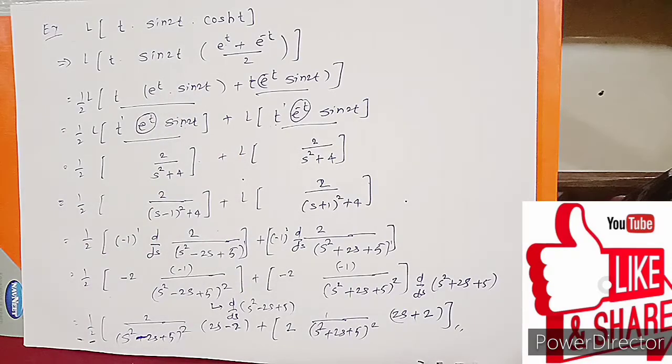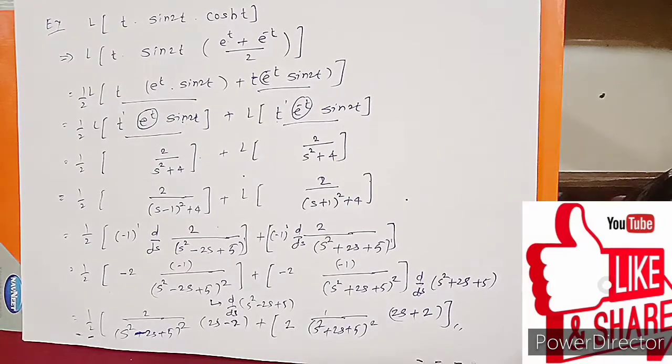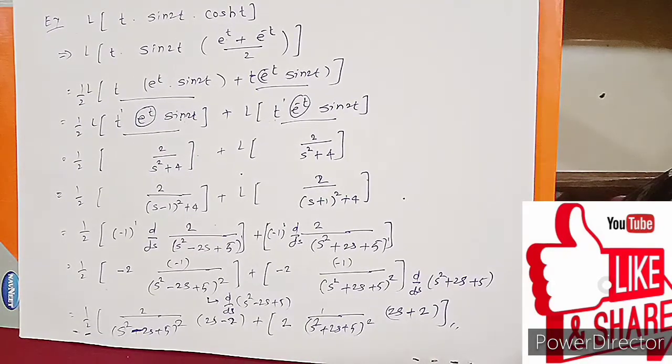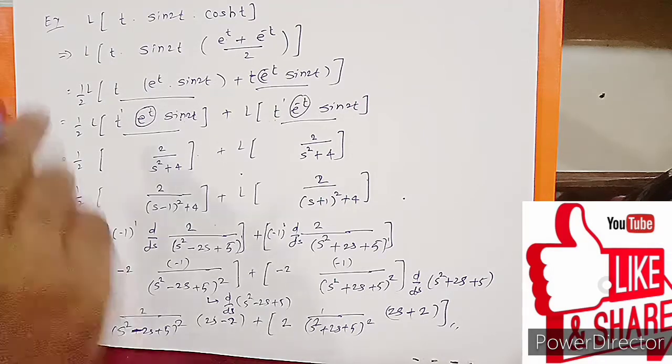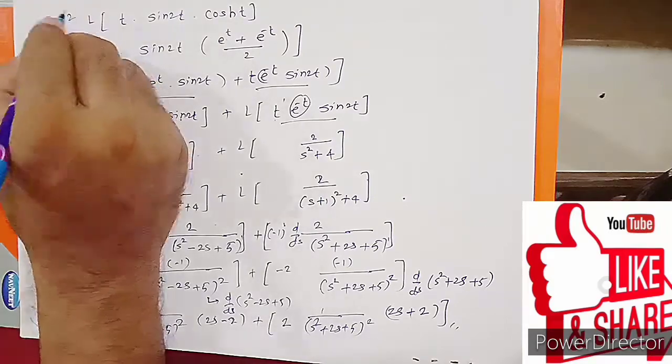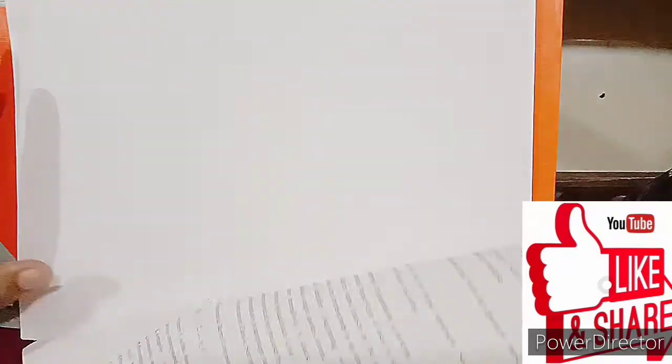Okay, just understand guys. तो यहाँ पे in this numerical there are two types are combined. So first shifting as well as multiplication of t are combined together. So we are applying sequentially each type. We are applying here first shifting, then multiplication by t. So this is our numerical number 2 of multiplication of t, right. Now we move on to the next numerical.